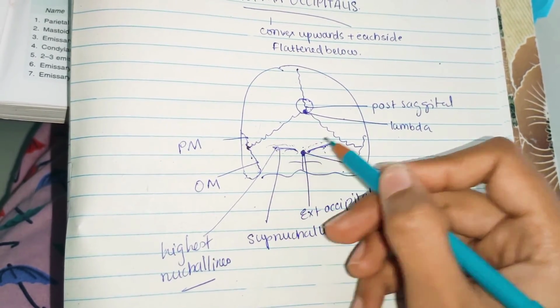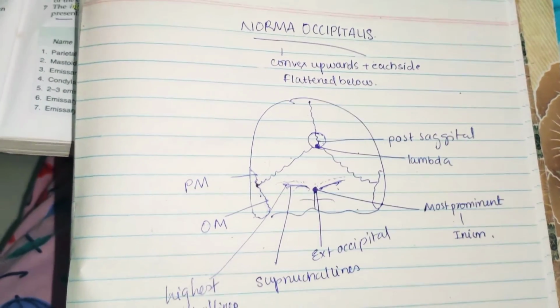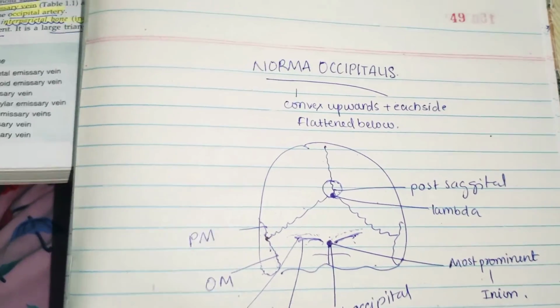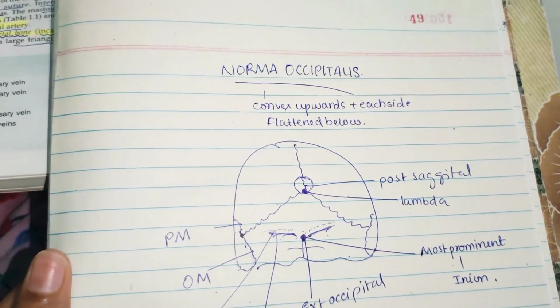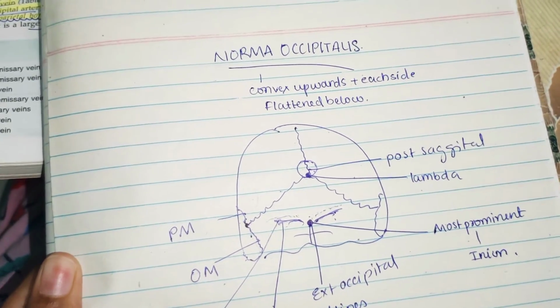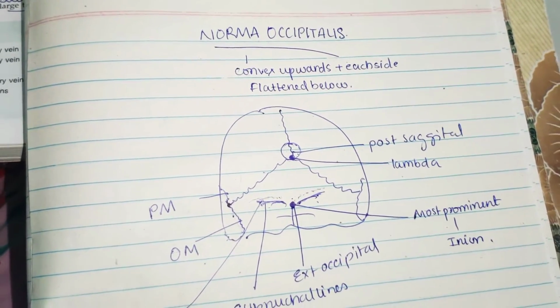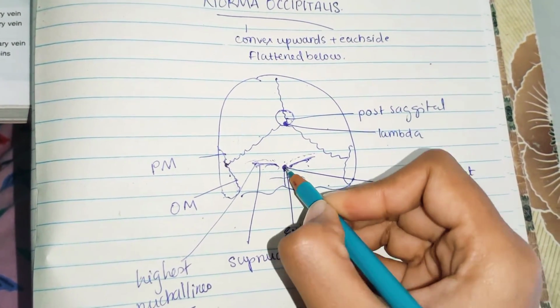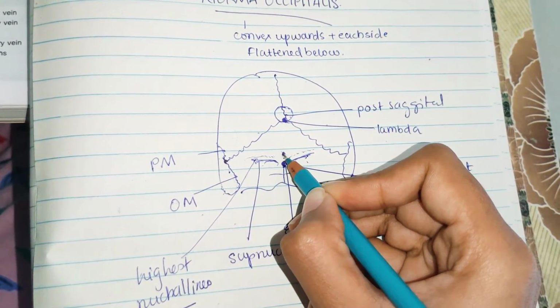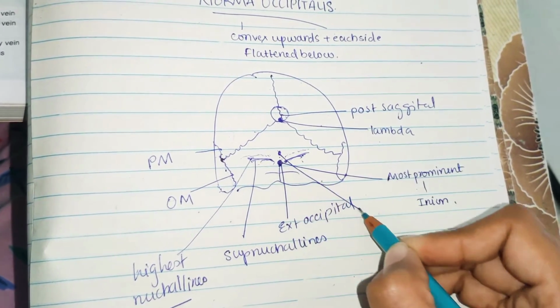Okay, they are above the superior nuchal lines, and so there is some bony muscle attachment here. I'll discuss that. Next, coming to the occipital point. The occipital point is a median point just above the inion. I said the most prominent point is called inion. So just above inion you have a point, and that is called the occipital point.